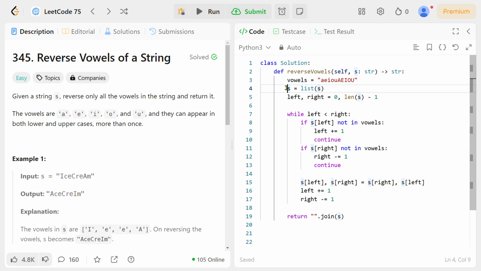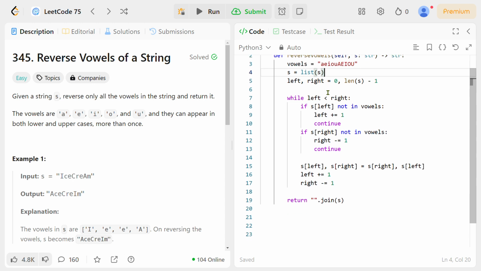An immutable data type is one in which we can't make changes by index; we can add something, but not replace one letter with another. So next, I make two variables, left and right.